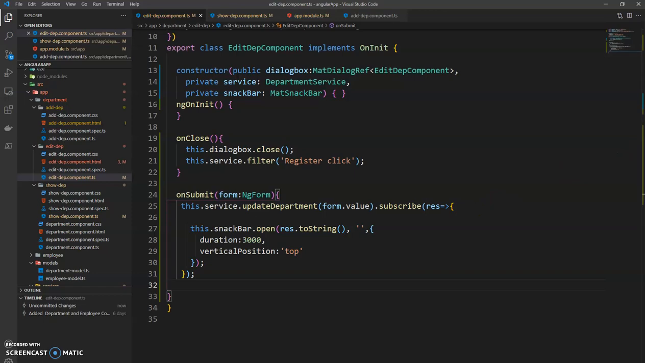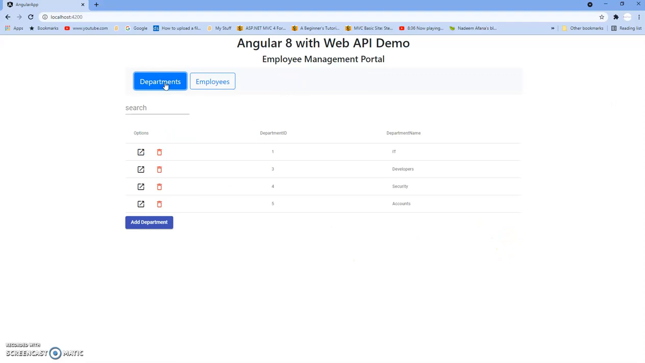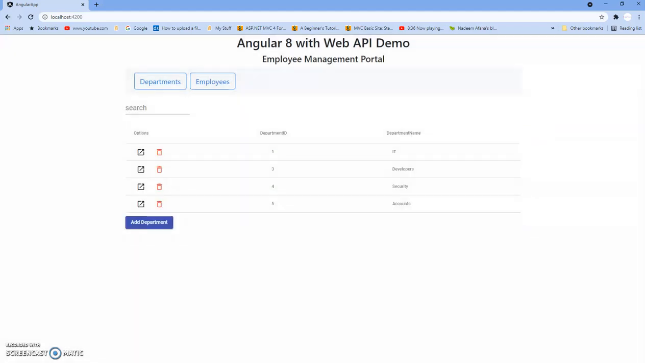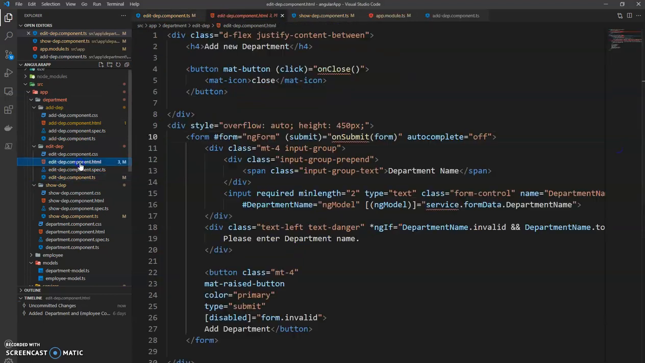Okay, let's go back to our application. So our application looks good. If I click on department here, and if I click on one of the edit buttons, wow, it is opening the edit page here. Here we just need to change add new department to edit new department. Anyway, we'll do that in just a minute. I don't want to edit this one, I'll just close it. I'll just go back to our code, and I'll go back to our edit component.html file,